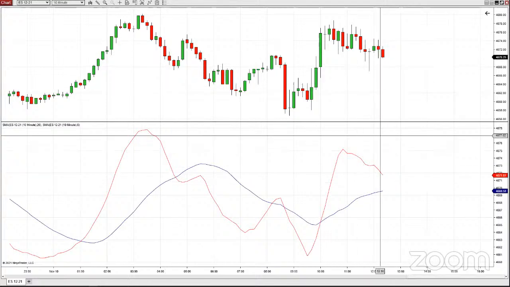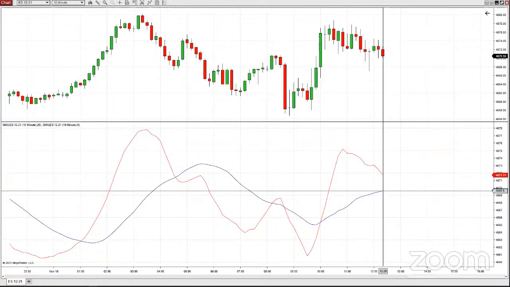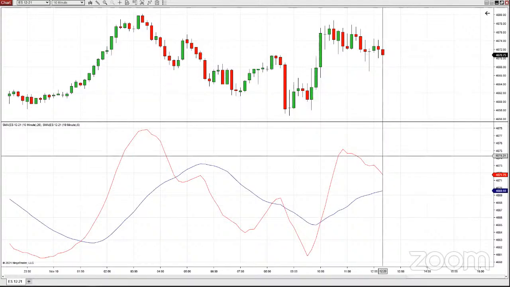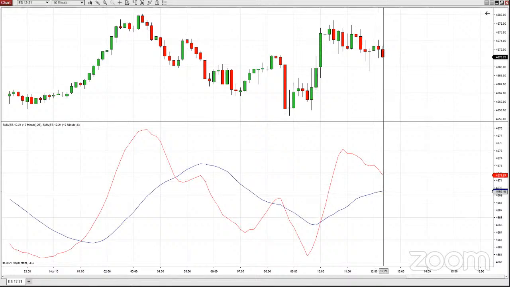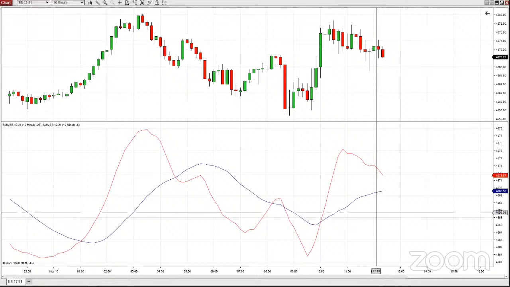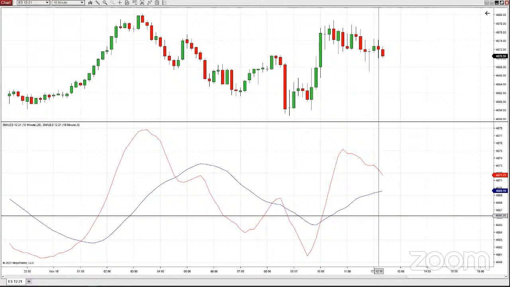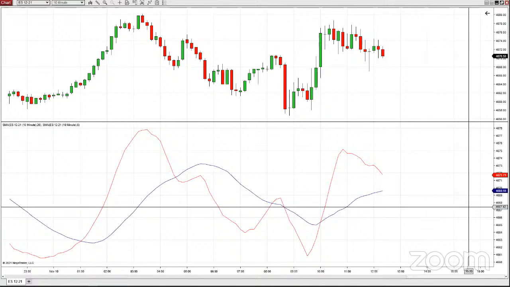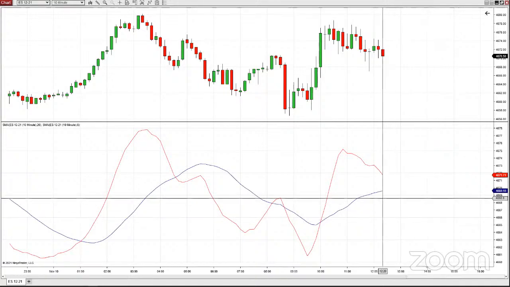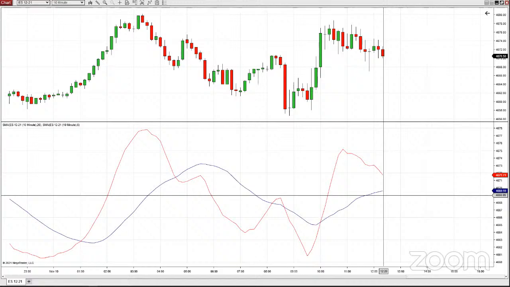Well, on bar close, it won't move. Your moving average won't change until this bar that we're in is closed, right? We've got 9 more minutes before this bar is closed, so this isn't going to move. When you change it to on tick, it will move in real time as the price of the market moves, right? See how it just ticked up a little bit and ticked down a little bit. It's more real time. You don't have to wait for this candle to close before you get to see the data adjustment.